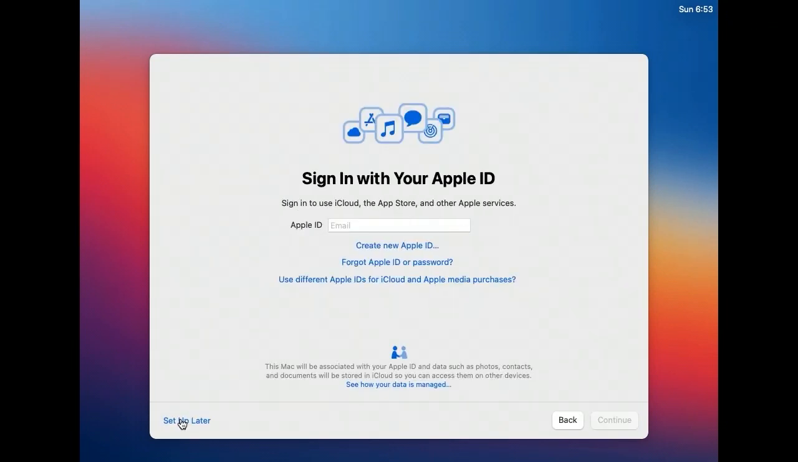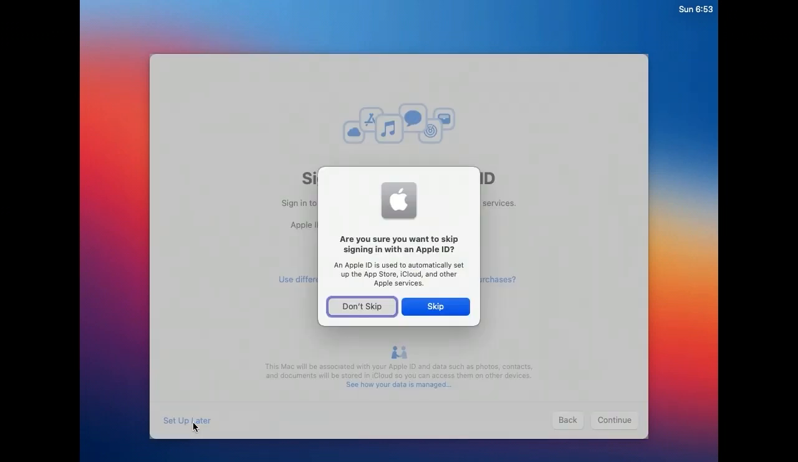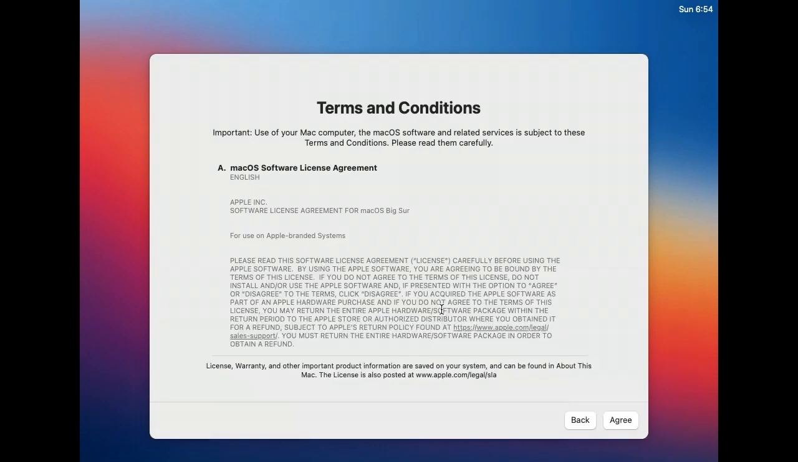I'm then asked if I want to sign in with my Apple ID. I could choose to specify my existing Apple ID email address and password, given that I have network connectivity, or I could create a new Apple ID. There's even a link here if I have forgotten my Apple ID or password. But for now, I'm just going to choose set up later in the bottom left. I get a little warning message that says, "Are you sure you want to continue without an Apple ID specified?" Because that's your link to the Apple App Store, to iCloud, and so on. I'm going to go ahead and just click skip,